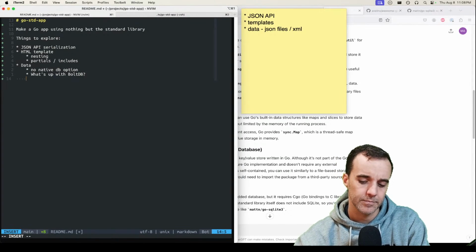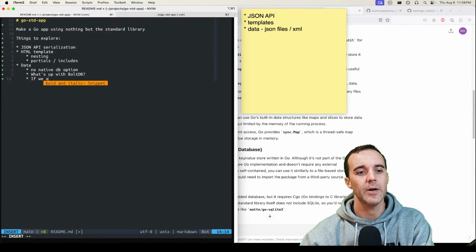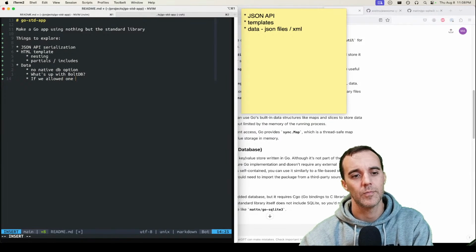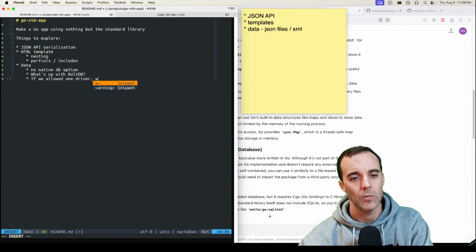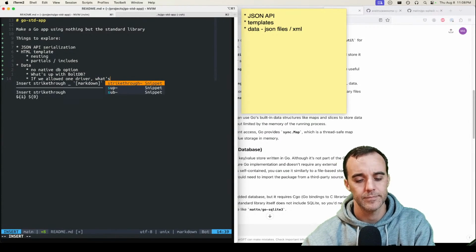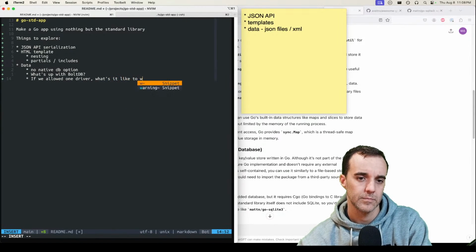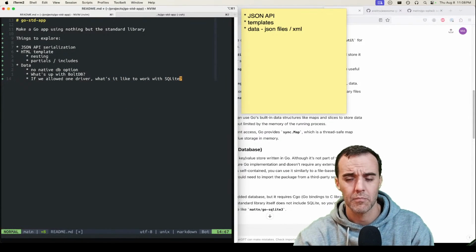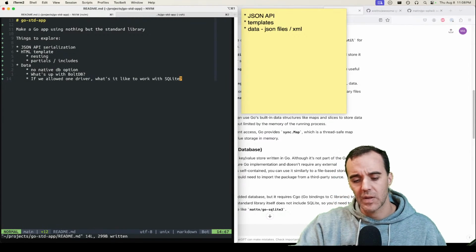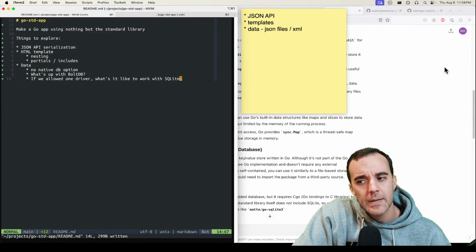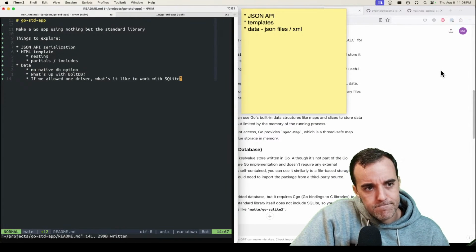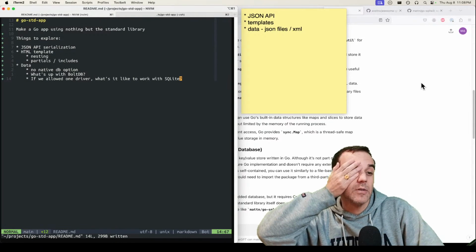And then if we allowed one driver, what's it like to work with SQLite? Okay. What other questions would I want to answer?